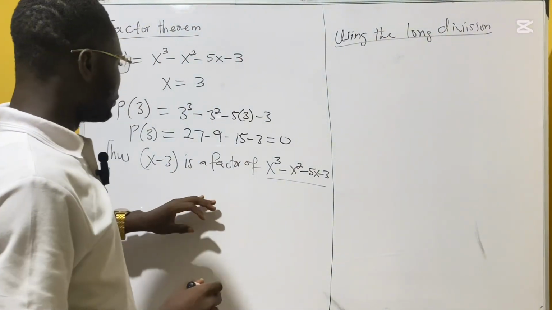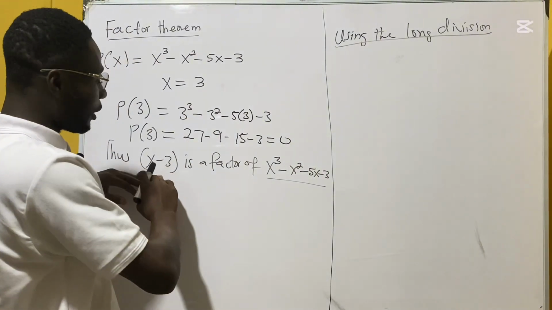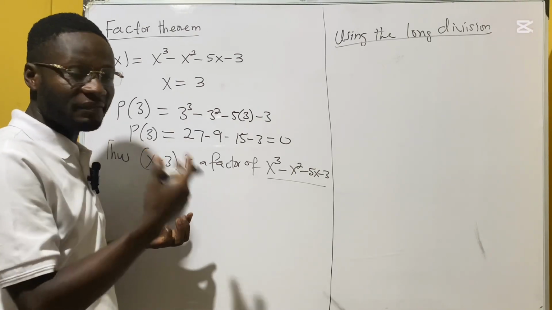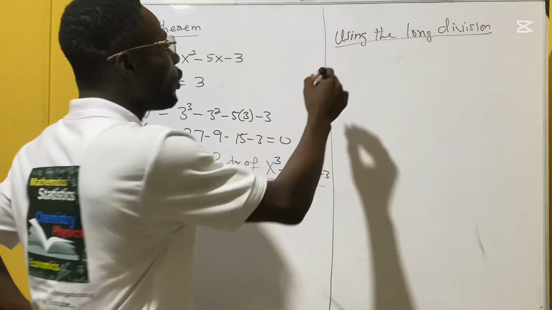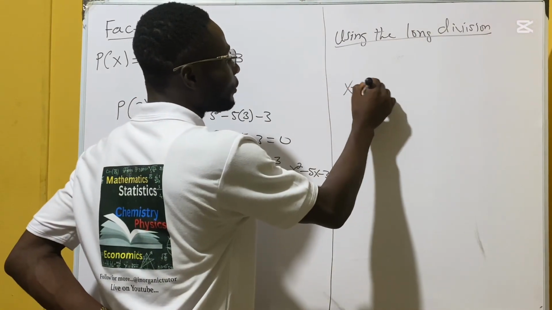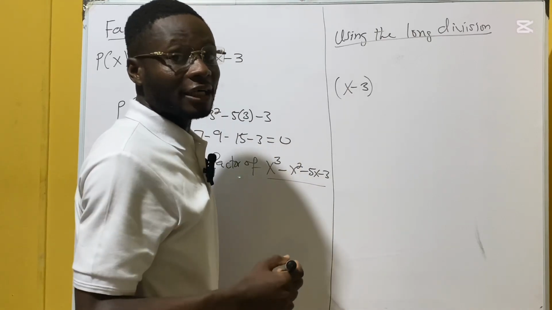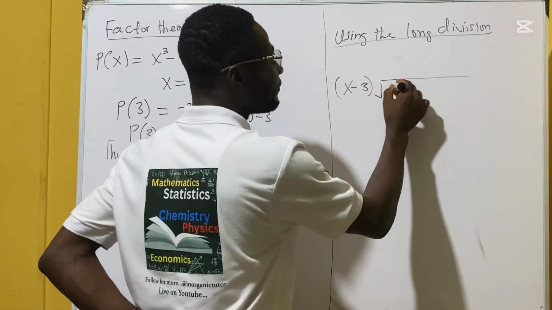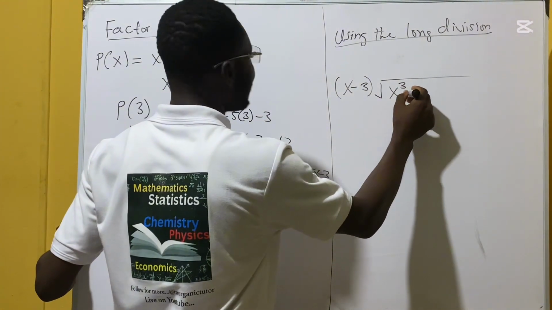Now we have the first factor, so we use the first factor as our divisor, and the polynomial will be the dividend. So x minus 3, which is the first factor, becomes our divisor. Then we have the polynomial inside the long division sign,